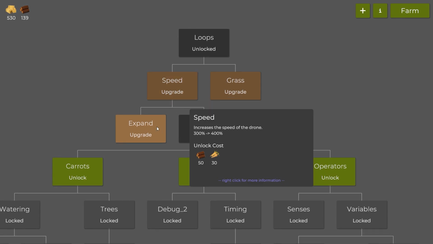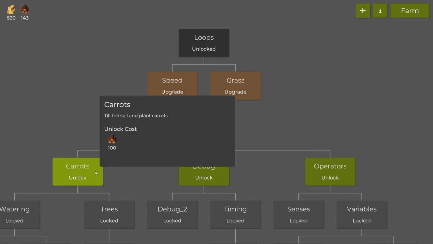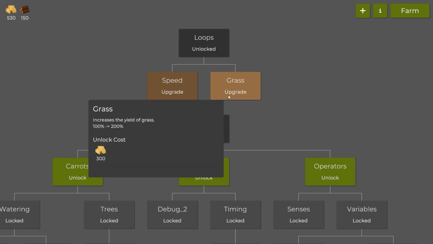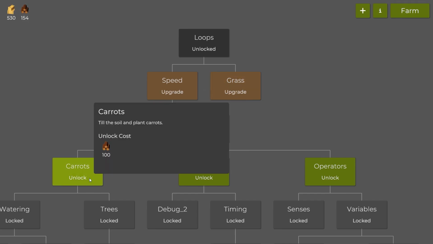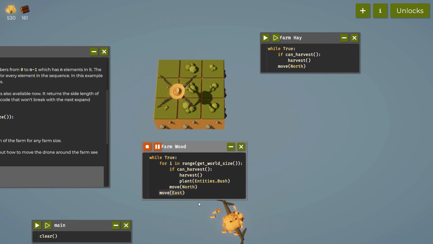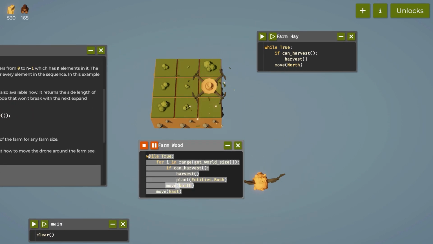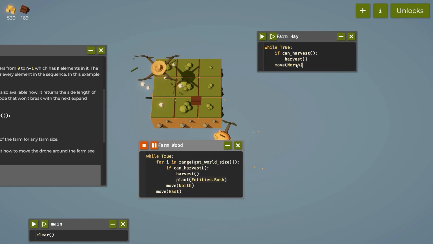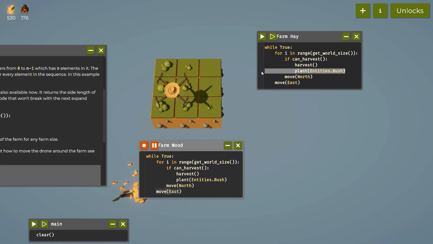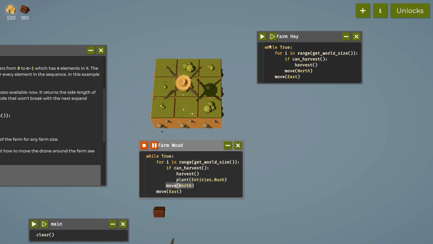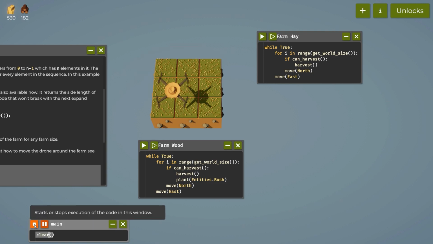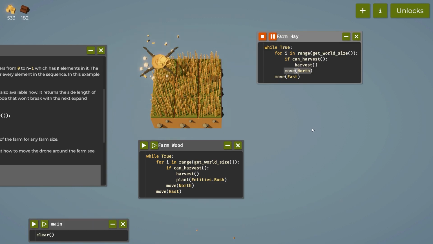Let's see, we need two carrots. We need the carrots. Should we deal with carrots right now? Or should we just hang on for a second? Let's hang on for a second. Let's also optimize the hay. So I'm going to copy this, add it to the hay, and making hay is very simple. We just remove the planting. So now, for example, if I hit pause, I can clear to get back to the start and just boom,